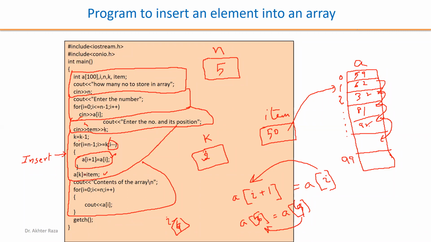So this process will do what? 92 will be shifted here. So this will not be the blank position. 92 will be shifted here, but still we have a 92 here because this is an assignment operation. In the assignment operation, this data will not be deleted. This is moved here, but still remains here. Then 81 is to move here.